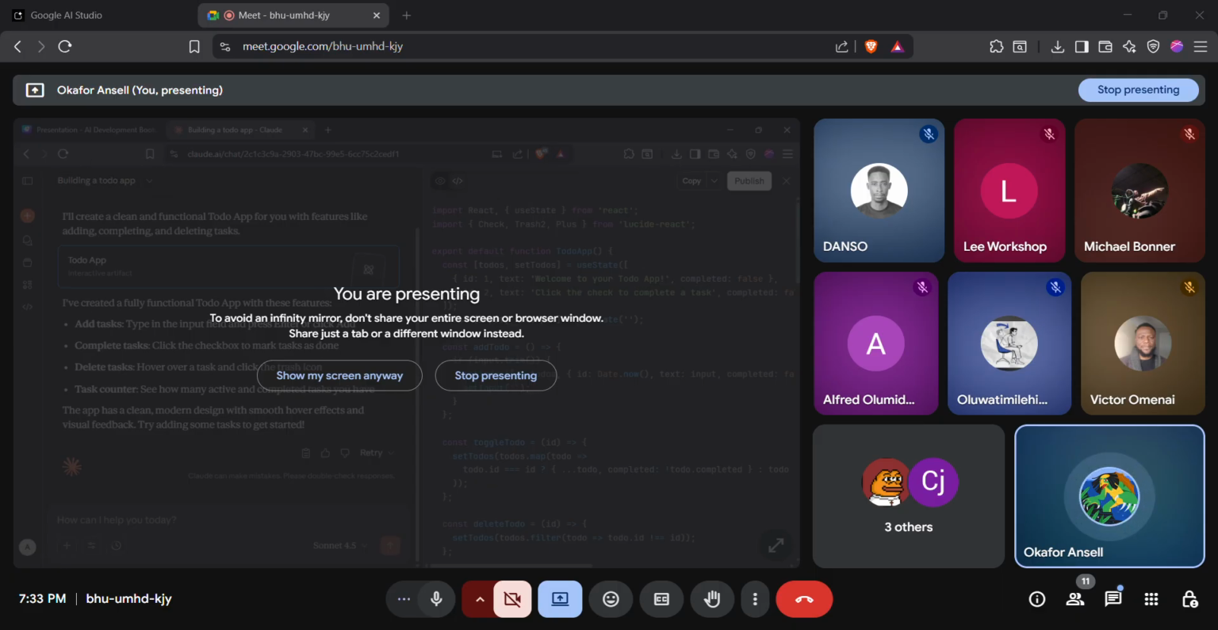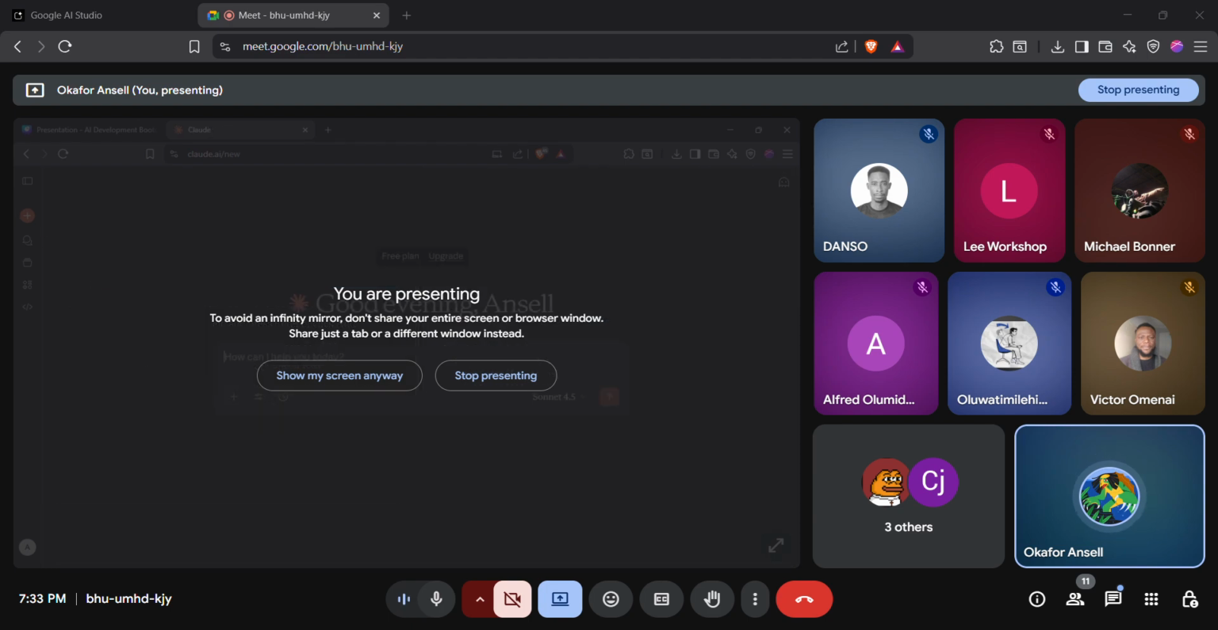So let's build a to-do app with a more detailed prompt, right? Let's say, you are a computer